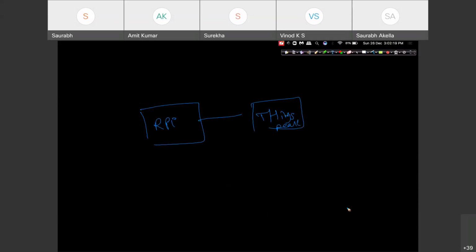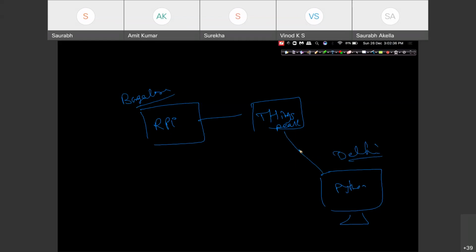Now this is my laptop. Suppose the Raspberry Pi is situated in Bangalore, and my laptop is in Delhi. I'll write another Python program on my laptop itself. I'll use another API here. This will be the read API and this will be the write API. Using the write API we'll be able to share data to ThingSpeak, and we'll be able to read the same data.